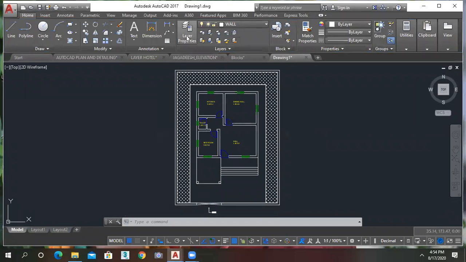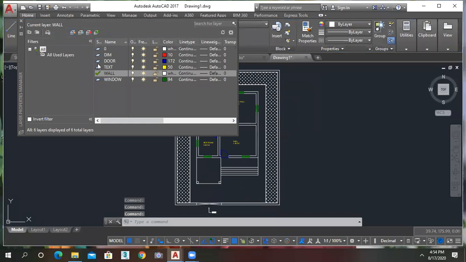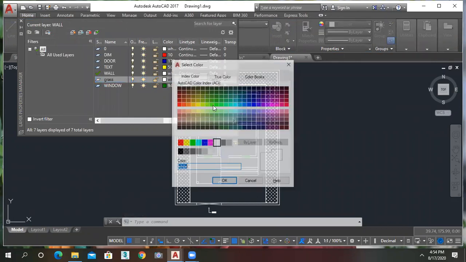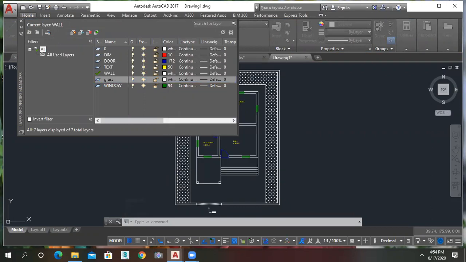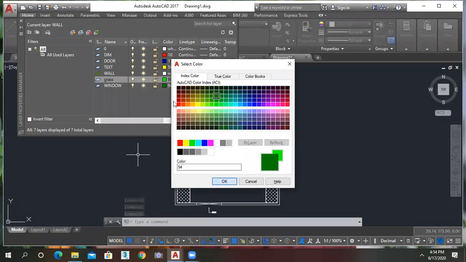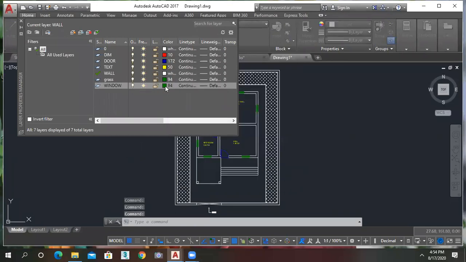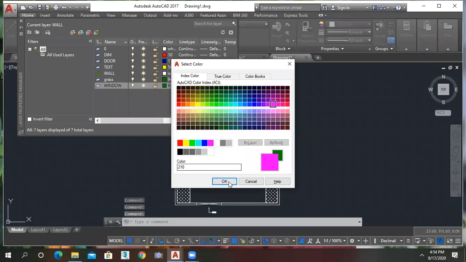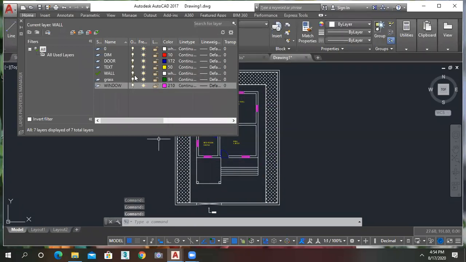Put the new layer. Like this way, we have to differentiate every part, for better presentation and to better know the parts. I'll take one more color here and change the window color now. Here, window color is also changing now.